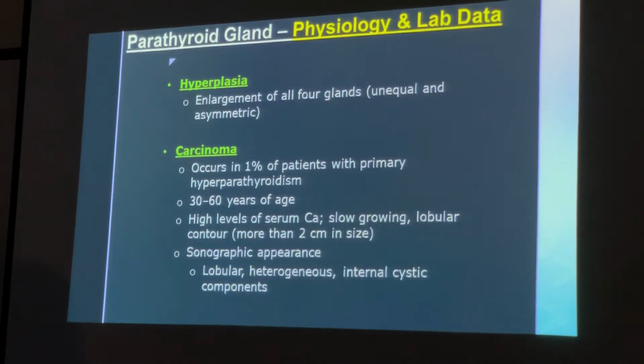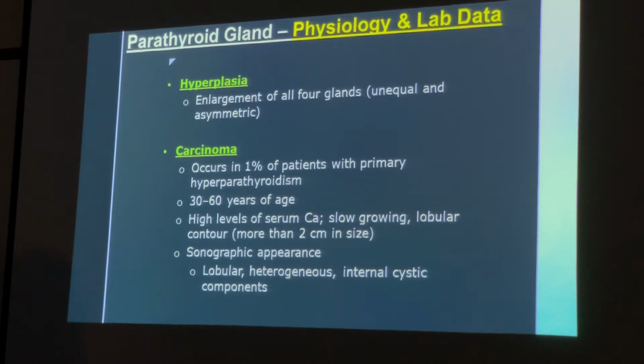Okay. Also, we have hyperplasia, which we know is enlargement of all four glands. They can be unequal or asymmetric. Okay. This is like a review in medical terms, hyperplasia. Right? And carcinoma, which occurs in 1% of patients with primary